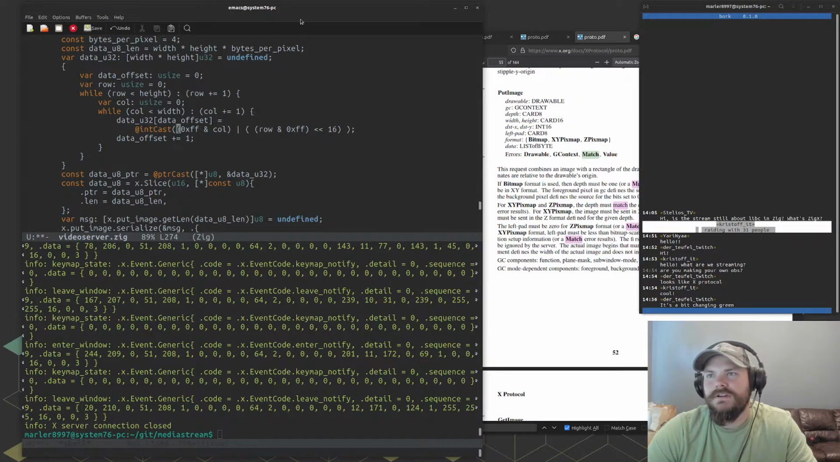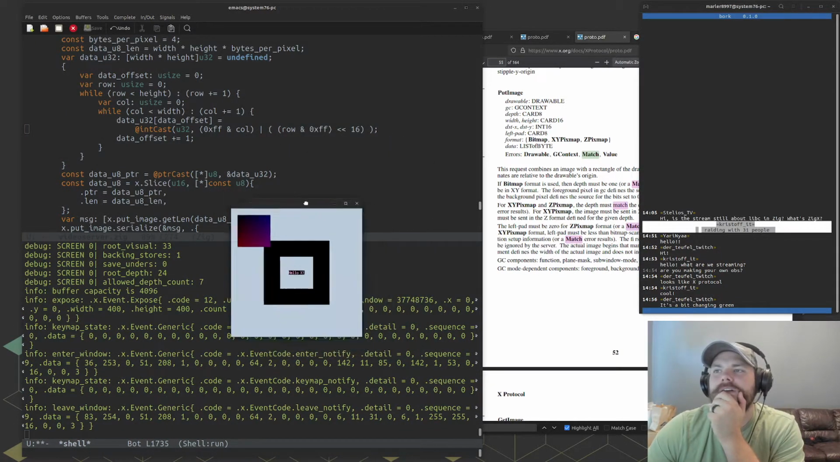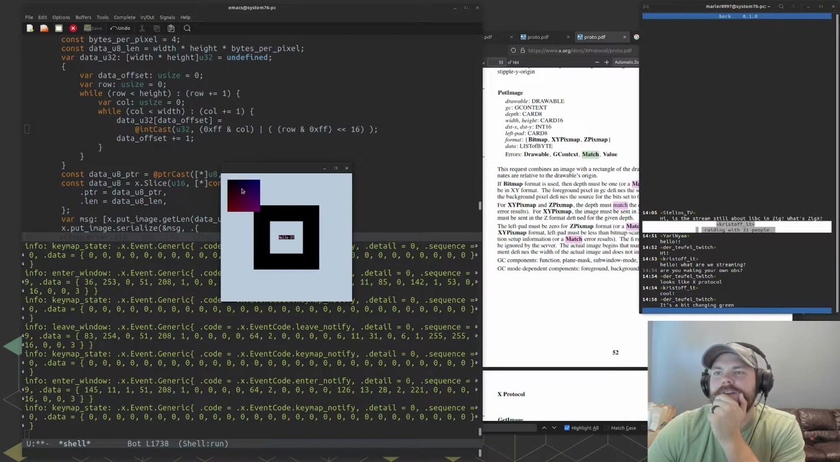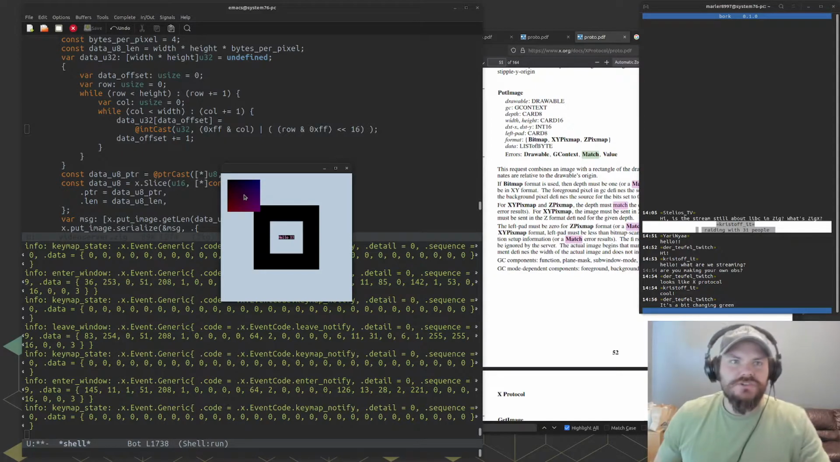Let's get rid of this hard-coded stuff. Okay, so it should be a gradient here. There we go. Okay, so we have implemented sending images